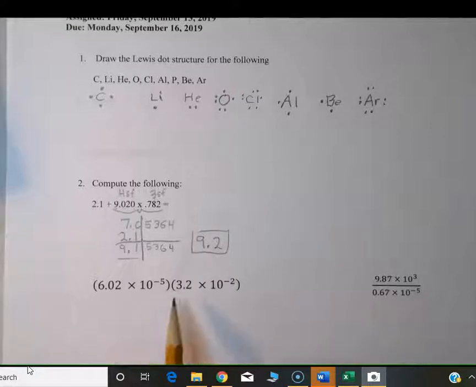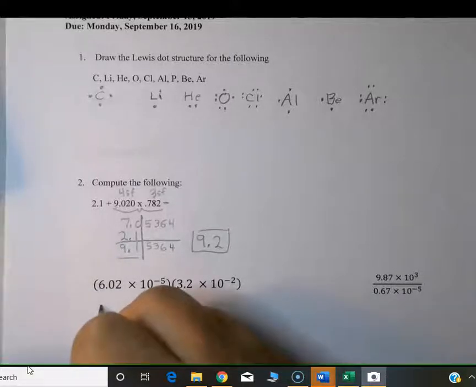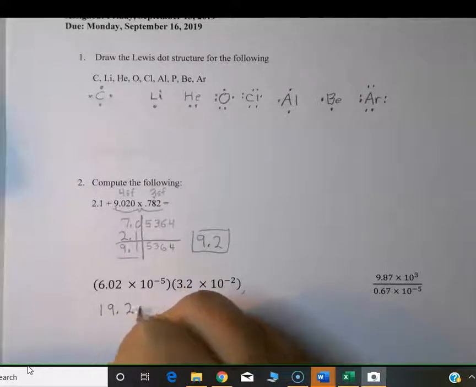All right, go ahead and do this one, a couple quick scientific notation problems. We won't practice these a lot simply because you're going to do them so much in this class, they will become very natural to you. So 6.02 times 3.2 is going to give us 19.264